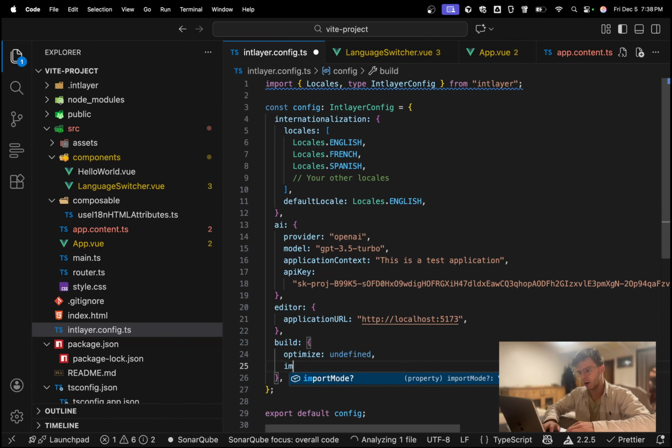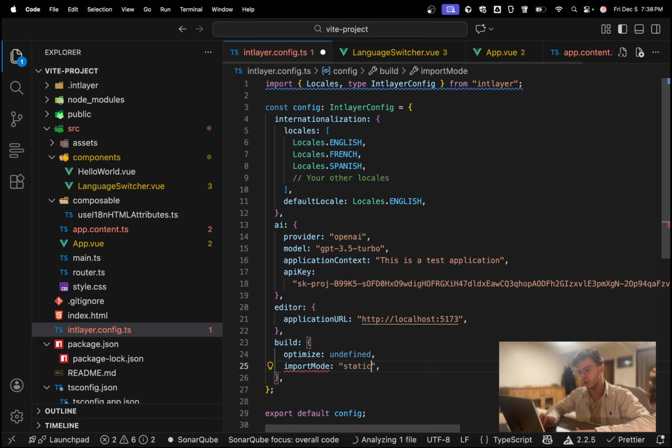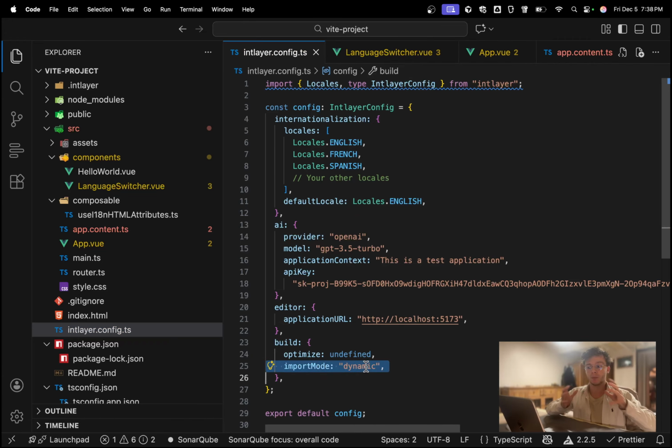The second option you will have to know is the import mode. By default, Intlayer imports statically the content inside their related components. That means in a page in English, you will also load from the server the content in French and Spanish. So depending on the type of application you have, if it's a single page application or not, you may have to switch it to dynamic. The dynamic import will replace, Intlayer will replace under the hood all static imports by dynamic imports,